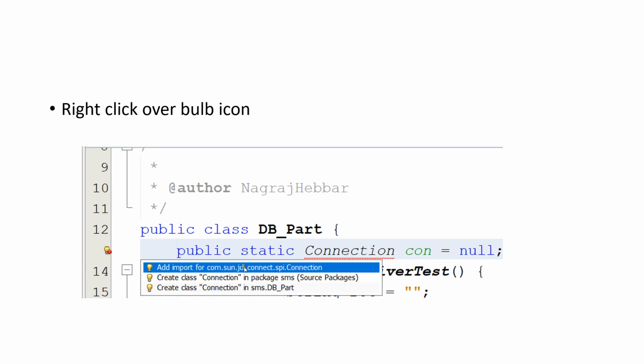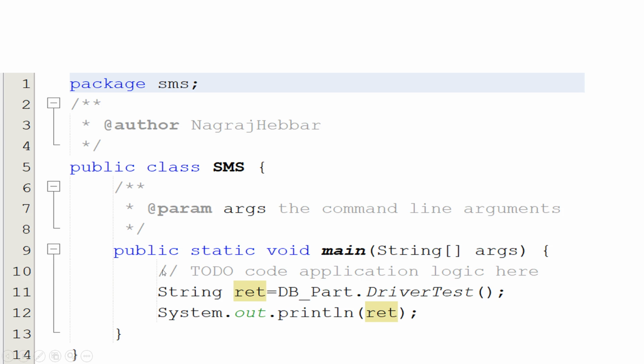So that will be automatically added on click of this particular package. A suitable class will be added to that particular file. So whenever you get this kind of error, right click, not left click, right click and choose the class or the package that is to be added.